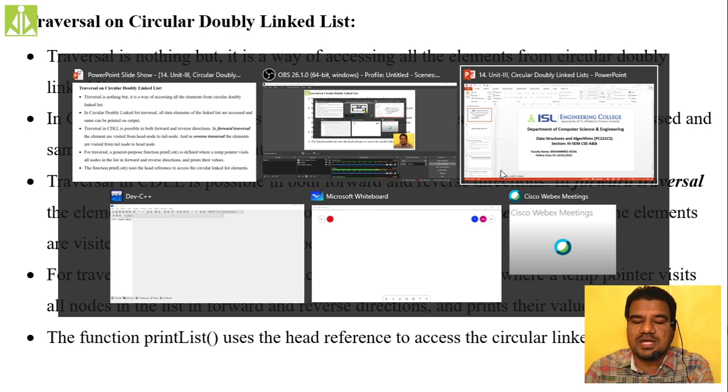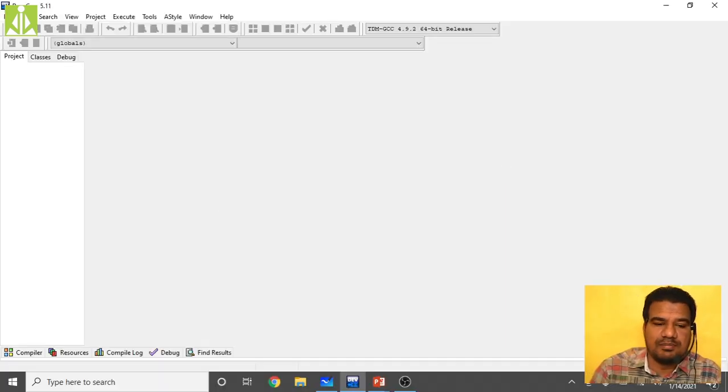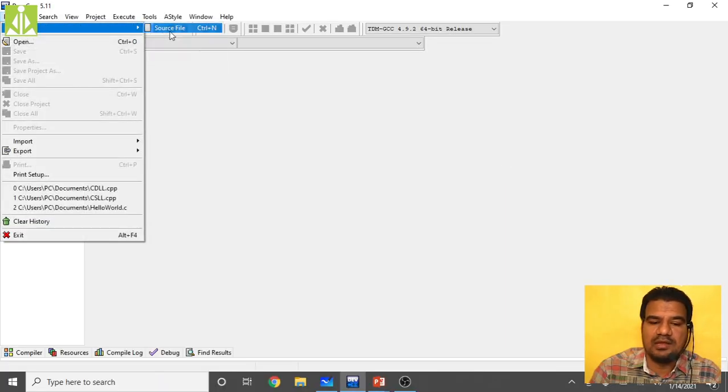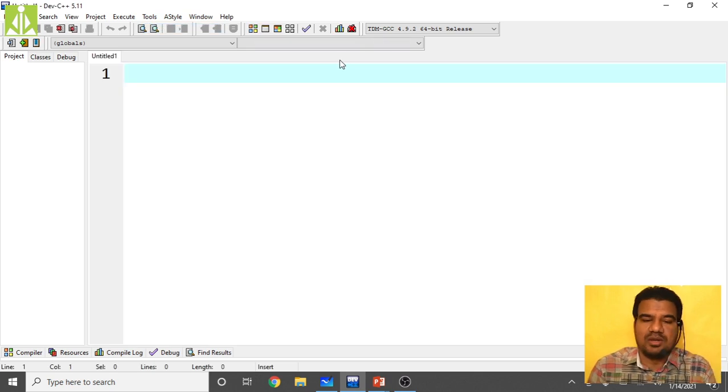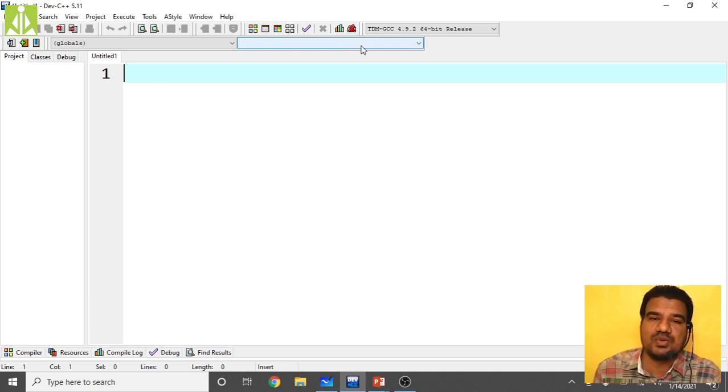First we start with a simple example, then we increase the complexity. Everything I have shown, all nodes, how they are connected and how we can move forward and backward, what my possibilities are when I am pointing to the last node, how I can jump to the head node, and when I am pointing to the head node, how I can jump to the tail node. All those things we discussed.